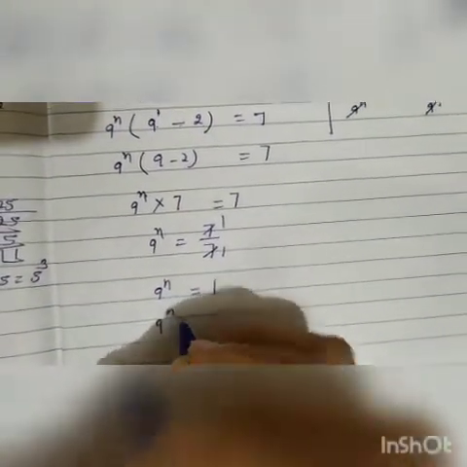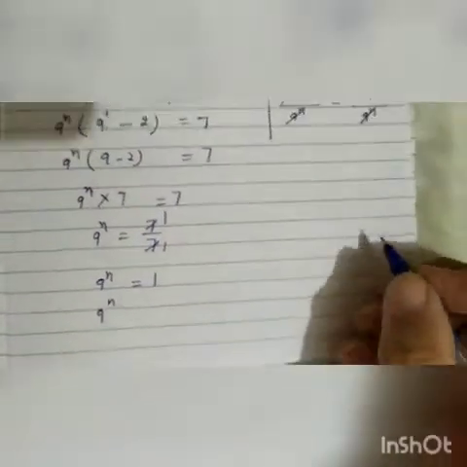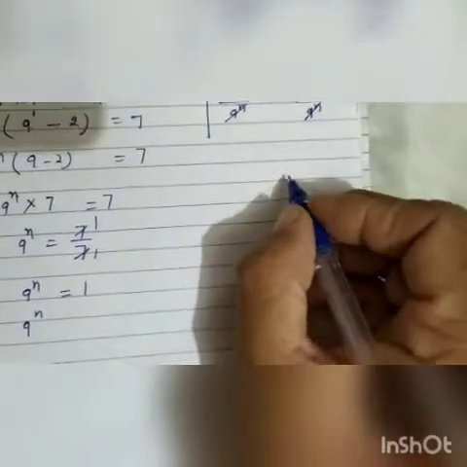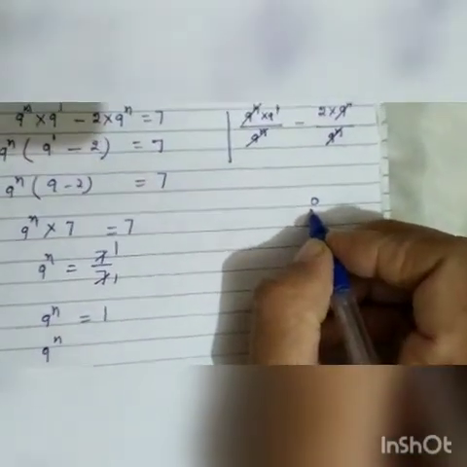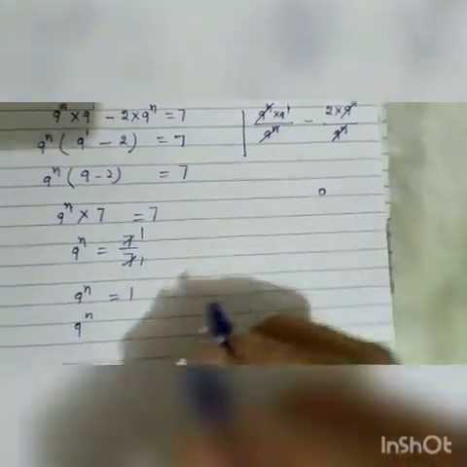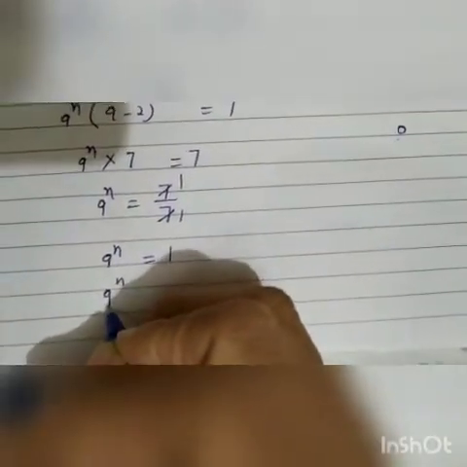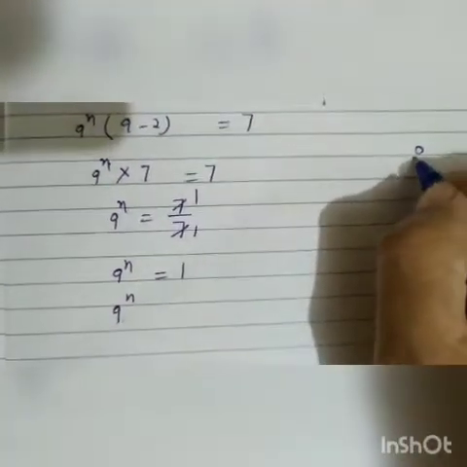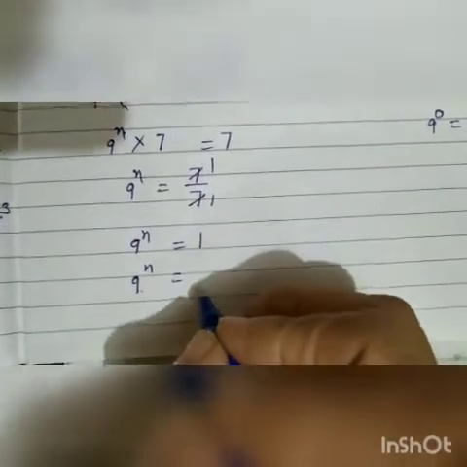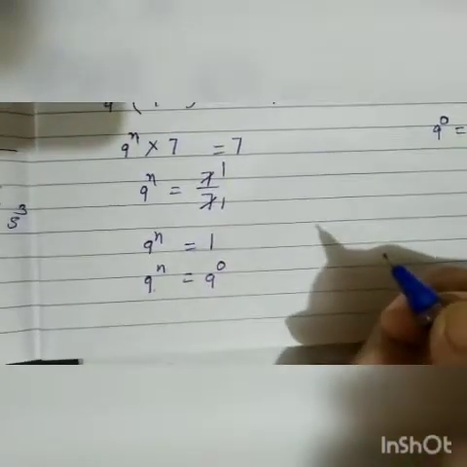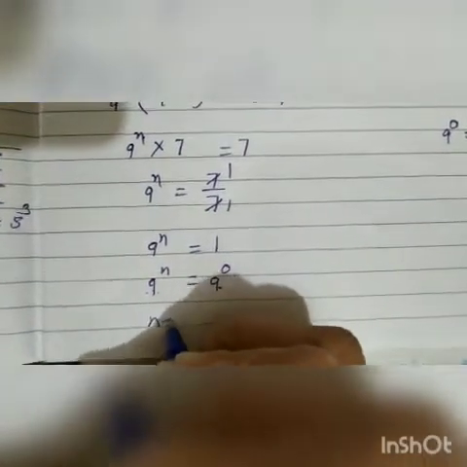Students, you know the zero exponent law. If the power is 0, then what is the base? It doesn't matter, the value will be 1. We need base 9 here. हमें यहाँ पर बेस 9 की जरूरत है, तो हम इसको लिख सकते हैं 9 power 0 means 1. So we will write this 1 as 9 power 0. Now both the side bases are the same, then n is equal to 0.